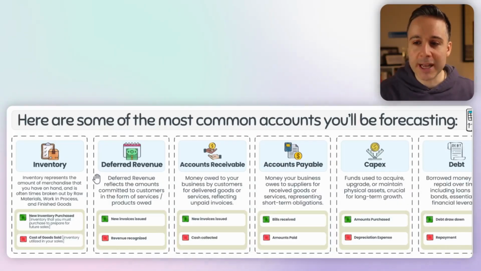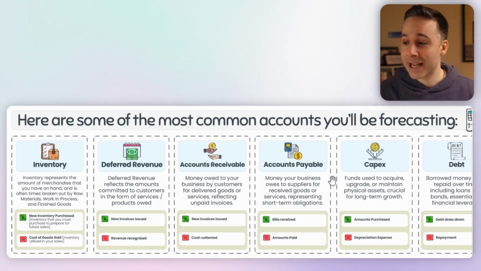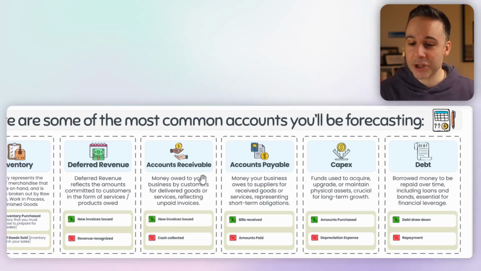So for example, your accounts receivable. The beginning balance is going to be equal to the prior period's ending balance. You'll add any amounts that you invoice to customers, you'll subtract any amounts that you received from customers, and then you'll get your ending balance. The most common balance sheet accounts that you'll forecast are inventory, deferred revenue, accounts receivable, accounts payable, capital expenditures, and